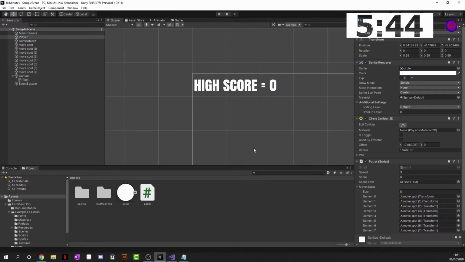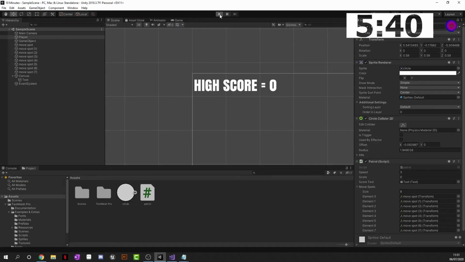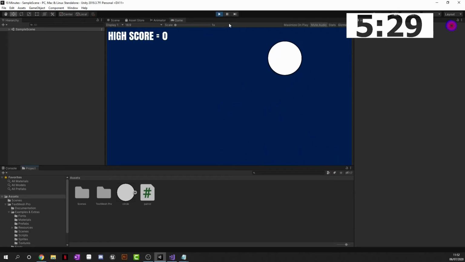Yeah, I don't think I would have been able to do this in 10 minutes. Maybe, actually. So we have made a fully working game. I haven't actually tested to see if this works yet. So if we drag this, it goes up to 1, 2, 3, and it works. It actually works. So we've got a fully working game, and then it respawns, and high score goes back to